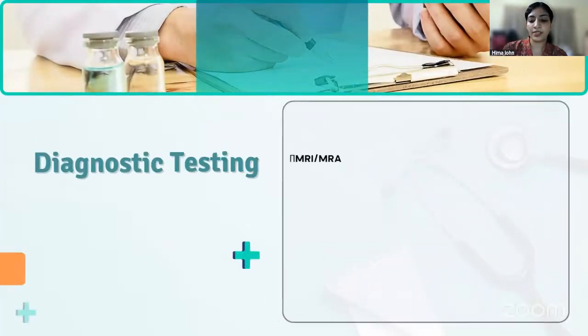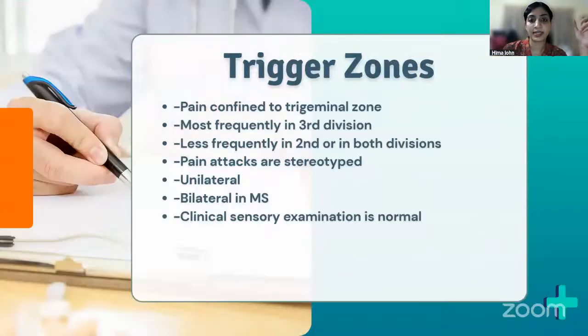Now, I told something about the pain being bilateral in some cases. Now, that is usually seen if the patient has something called multiple sclerosis. Okay. So in cases of multiple sclerosis, the patient might present with bilateral pain presentations. Okay. So when the patient has neuralgic type of symptoms bilaterally, it is more likely to be